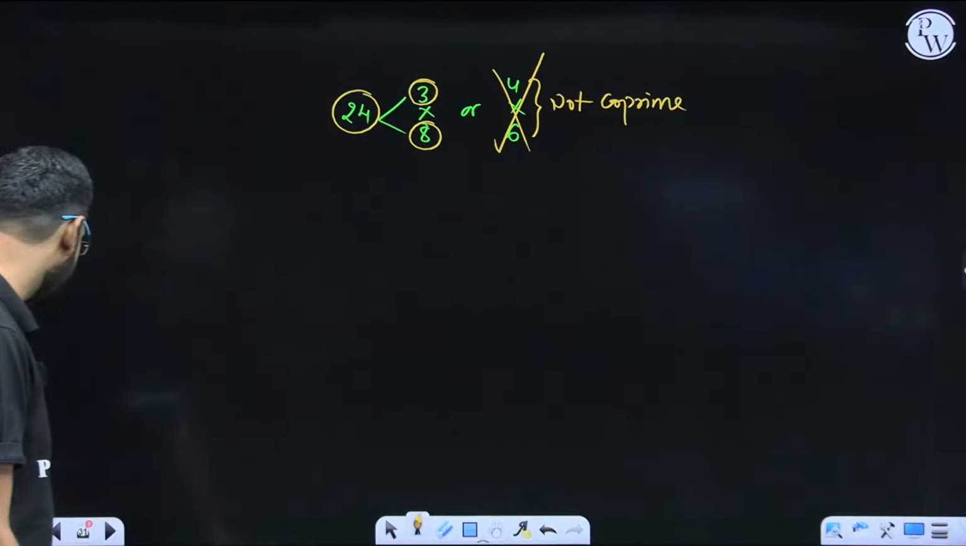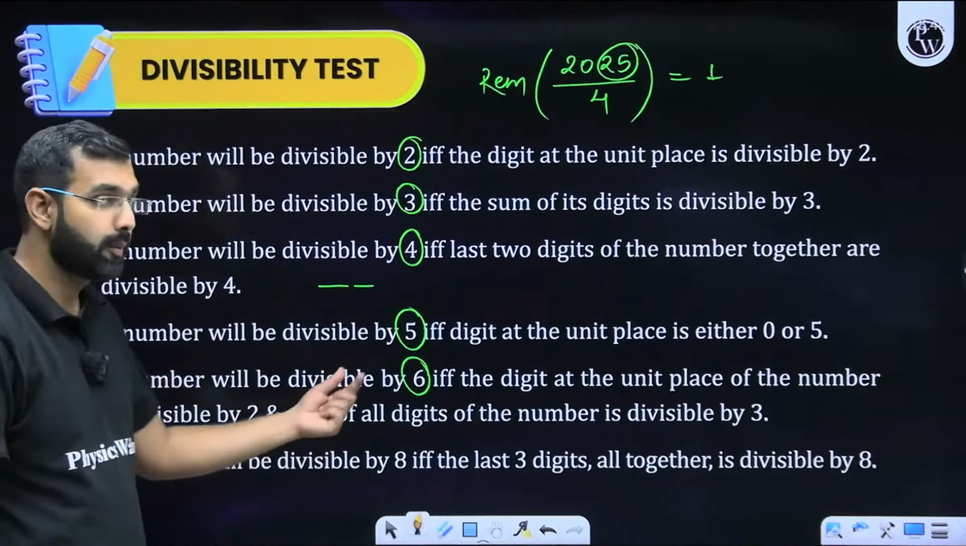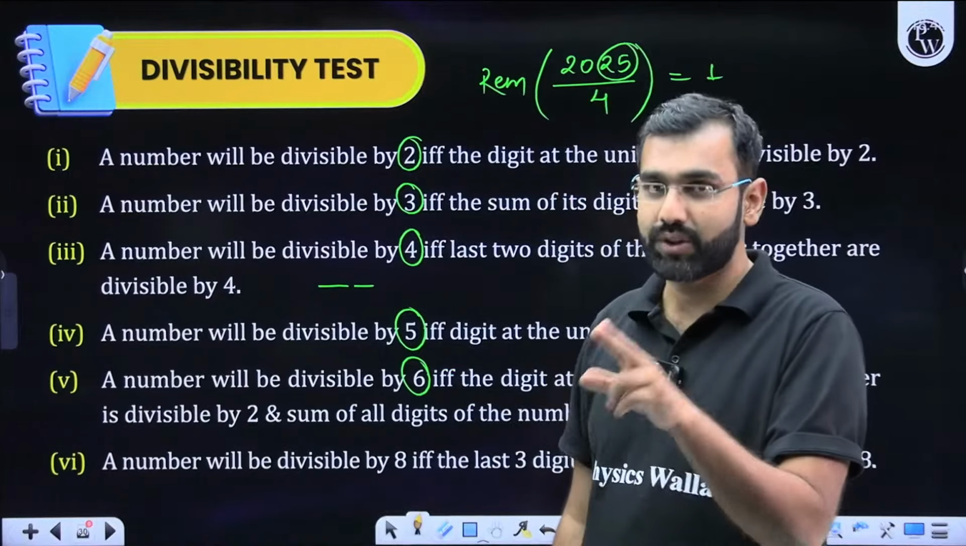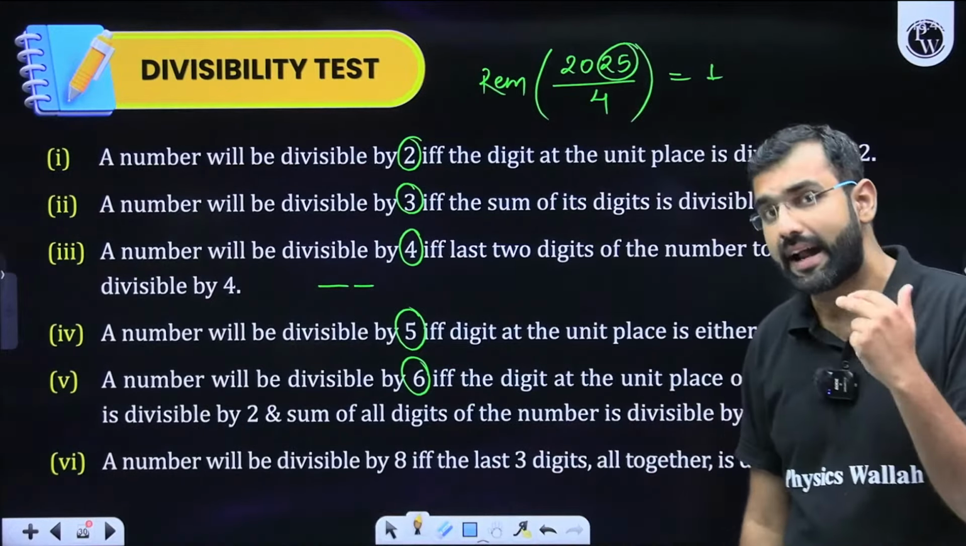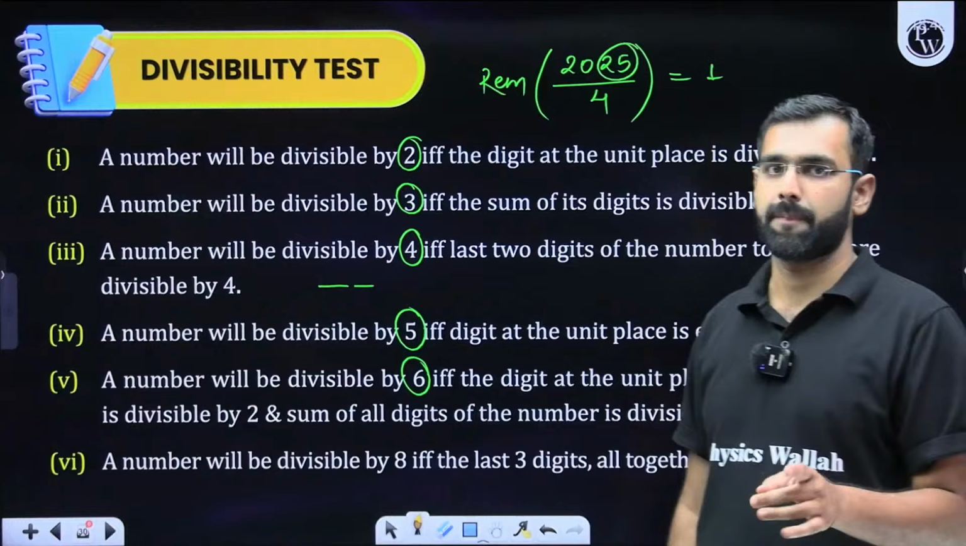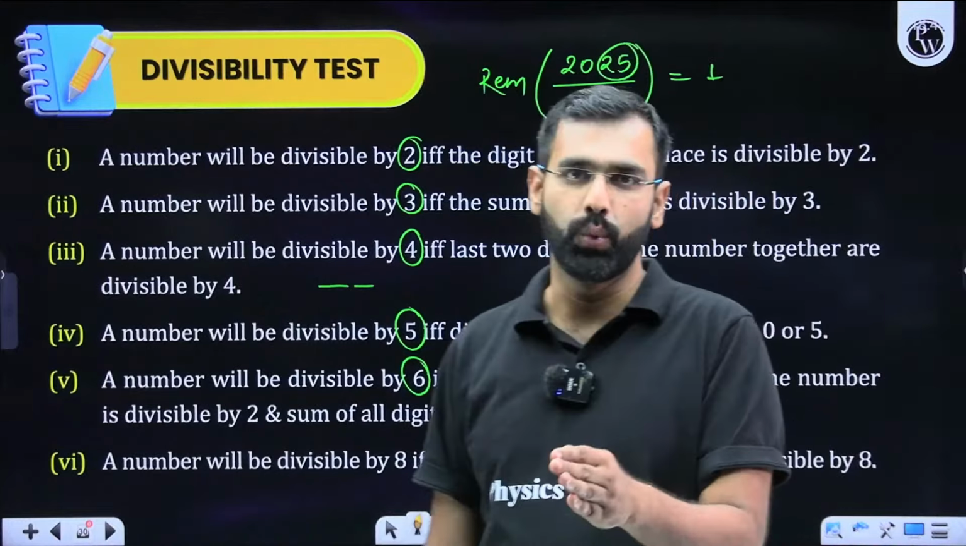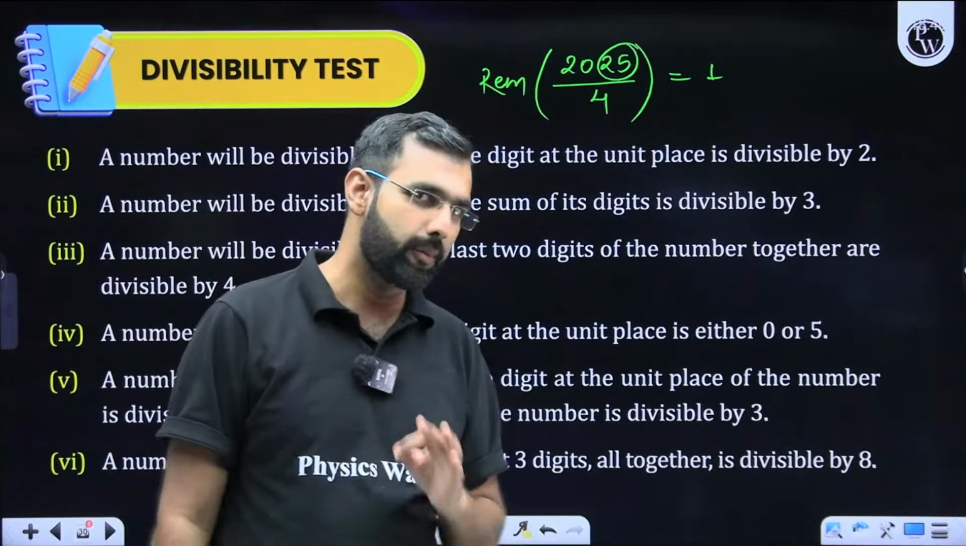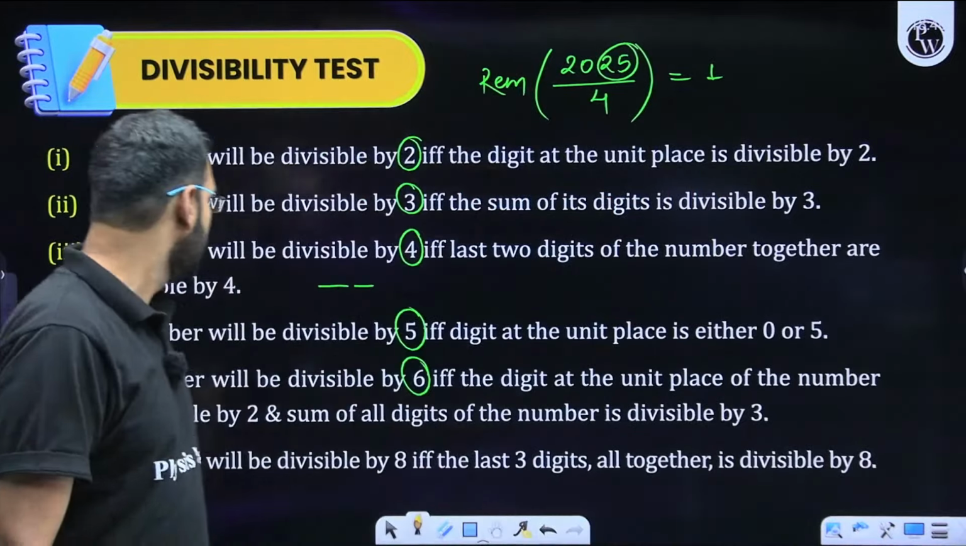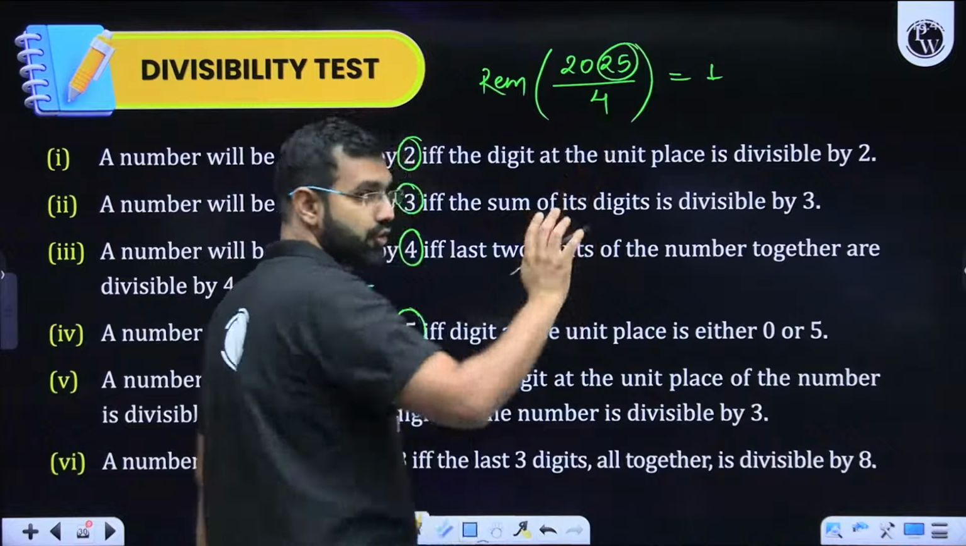Now here, if I get back to this, if I talk about 6, 6 is a composite number, but I can write 6 as 2 into 3, product of 2 co-prime numbers. So if 2 and 3 can divide a number, then that number will be divisible by 6 as well. But that number should be divisible by 2 as well as 3. Will you remember that? From here, when you talk about a number being divisible by 8, so for 4, the number's